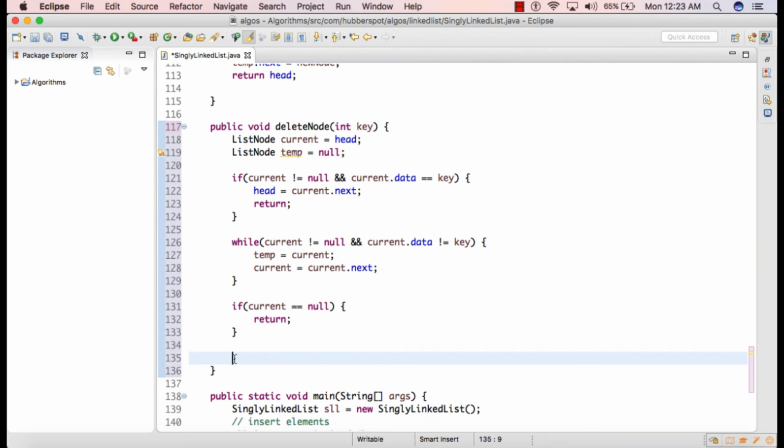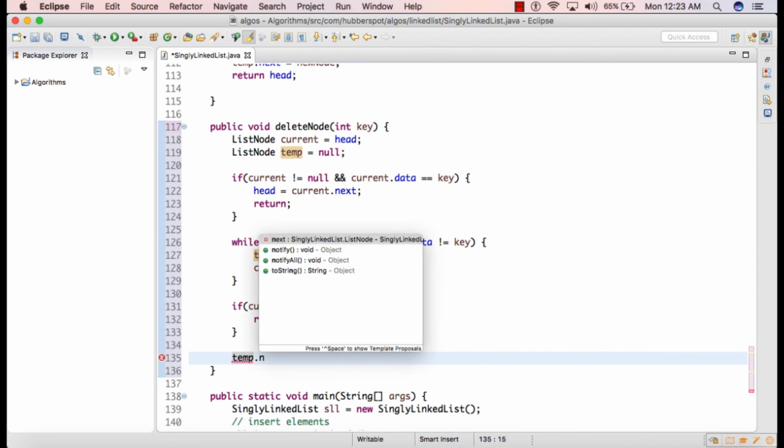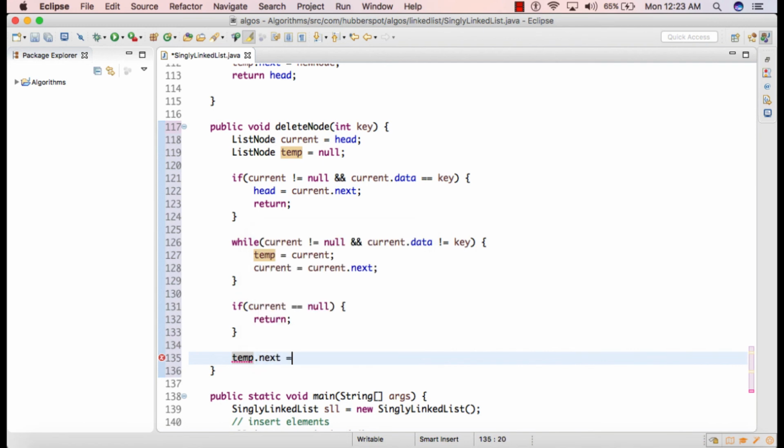Therefore we need to remove that node. The temp node is just the node previous to current, so we'll assign the current.next value to temp.next. temp.next currently points to current, but as we need to delete this current node, we'll simply assign current.next value to temp.next.